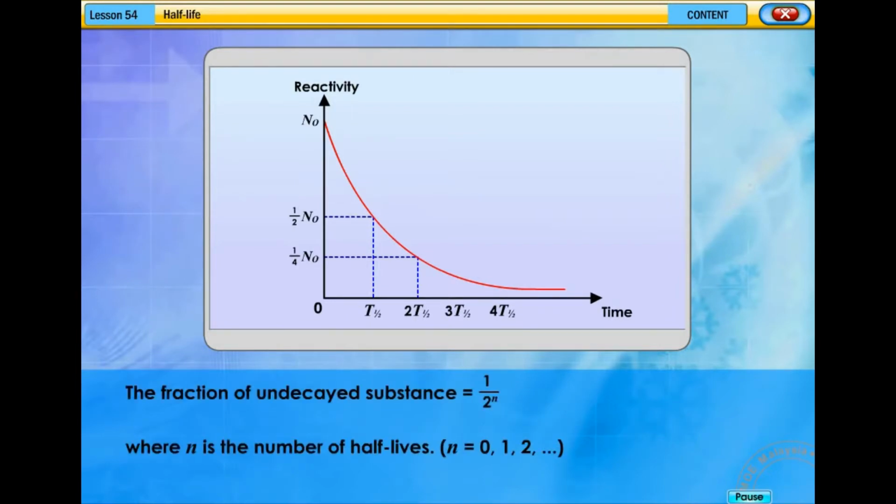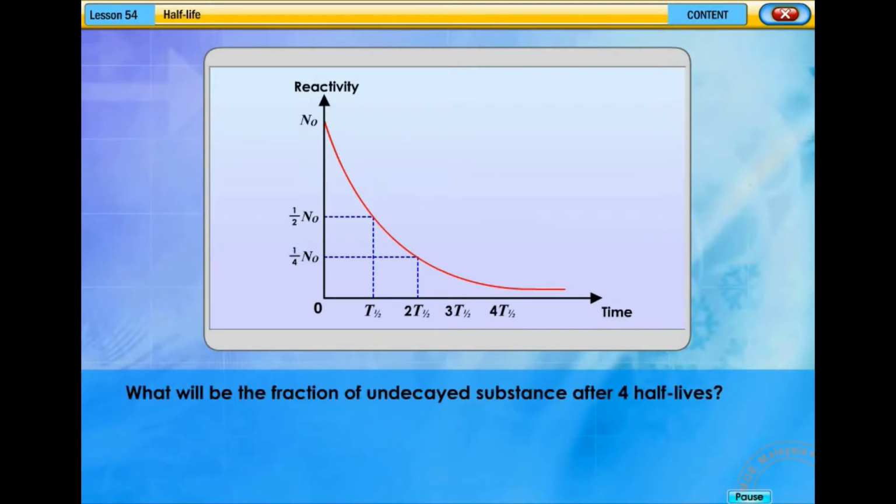The general equation to determine the fraction of undecayed substance is 1/2 to the power of n, where n is the number of half-lives starting from 0, 1, 2, and so on. What will be the fraction of undecayed substance after 4 half-lives? The fraction of undecayed substance after 4 half-lives is